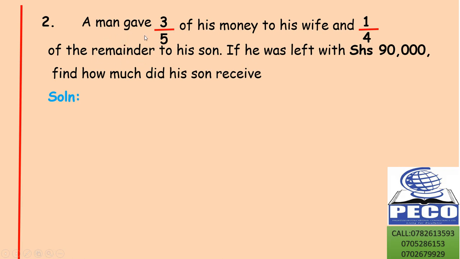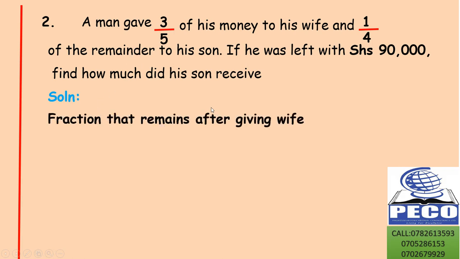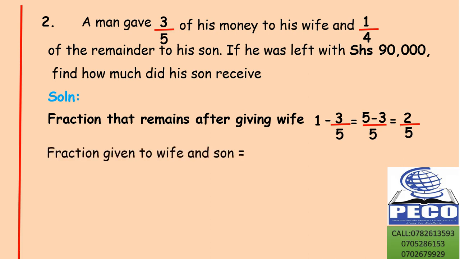So what remains after he has given the wife? 1/4 of what remains. So how do we handle that? The fraction that remains after giving the wife will simply be one whole number minus the fraction given to the wife. And what fraction is given to the wife? 3 out of 5. Now once we subtract this, we shall end up with LCM is 5 here. So 5 divided by 1 gives us 5 times 1, which is 5. Or you can simply write this one as 5 out of 5. So 5 out of 5 minus 3 out of 5, that will definitely give us 2 out of 5. Now the 2 out of 5 is actually what remains after 3 out of 5 has been given to the